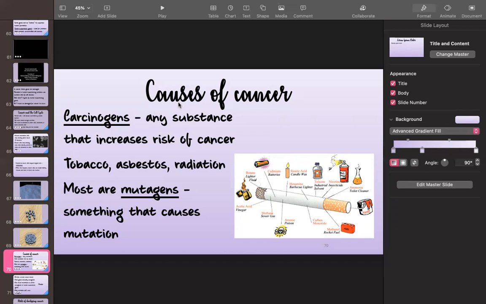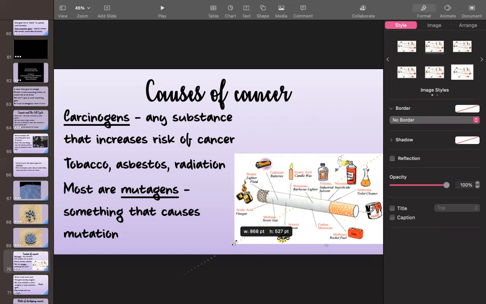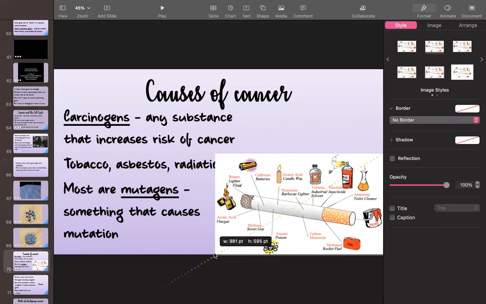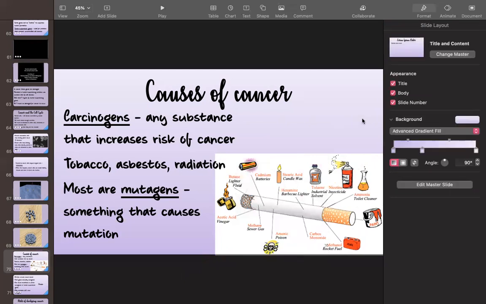Most of these are called mutagens. These cause mutations. So just as an example, you guys all seem like good kids, so I don't see that you're going to be smokers in your future. And speaking from personal experience, I highly recommend against it because it's a disgusting habit. It took me a long time to quit, but I haven't smoked in probably 15 years, I think now.